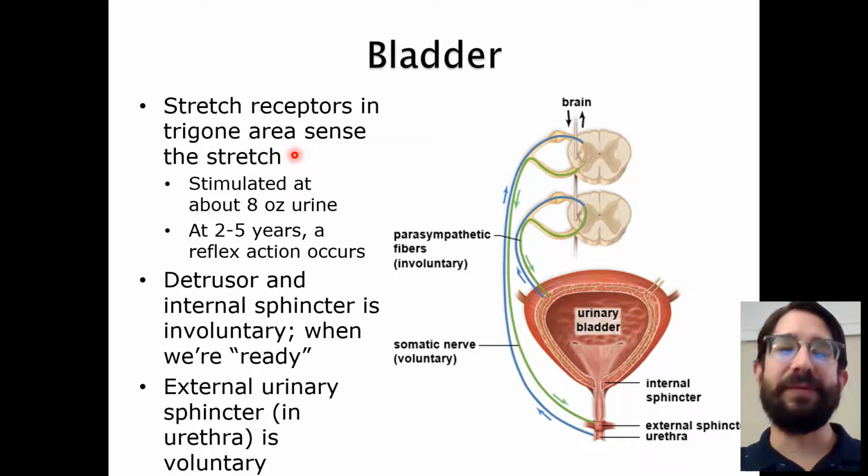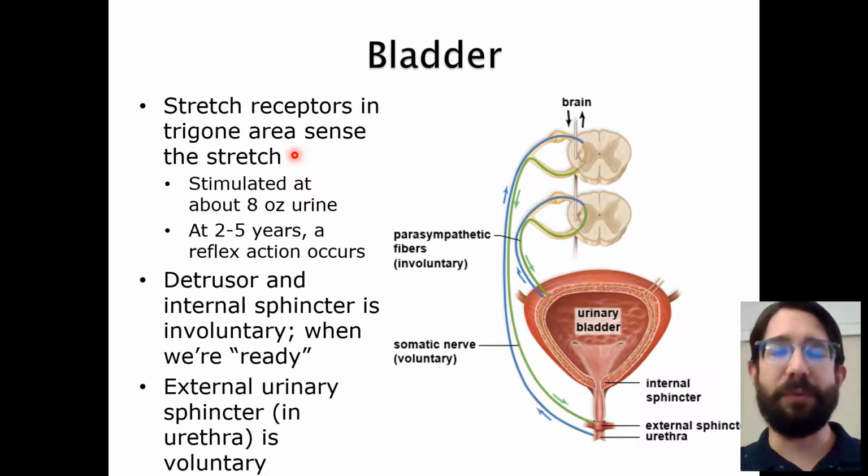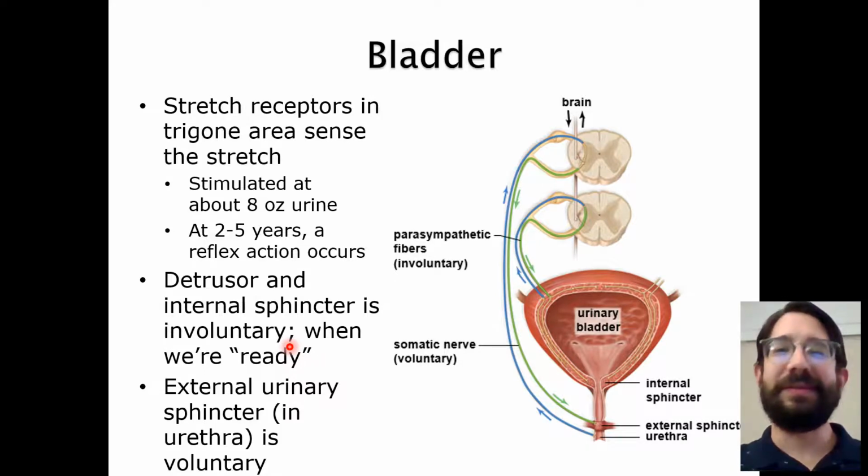And if you're an infant, a 1-year-old, maybe a 2-year-old, maybe even older, a reflex action will occur and the bladder will just start to push and the sphincters will relax and urination will happen. But once you're potty trained, you can override that signal and basically wait to urinate until you're in a socially appropriate context. And so we can wait until we are ready, and at which point, you might need to take a minute